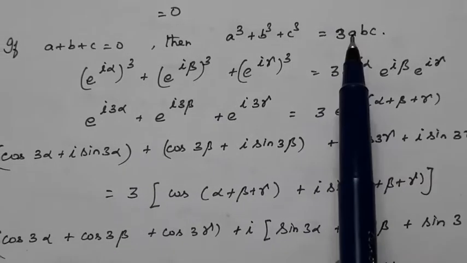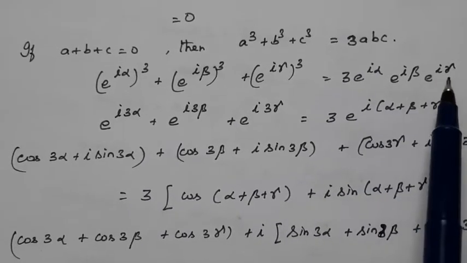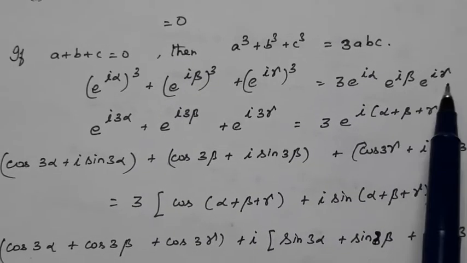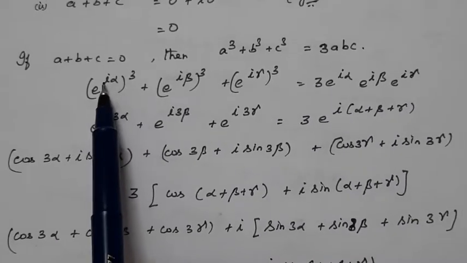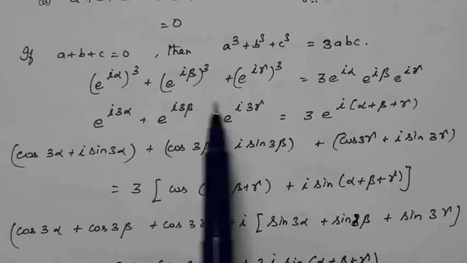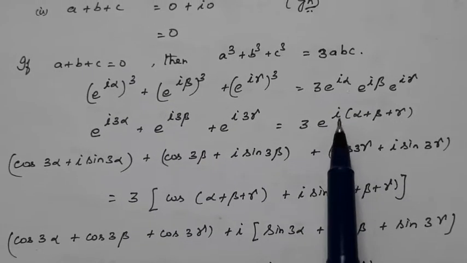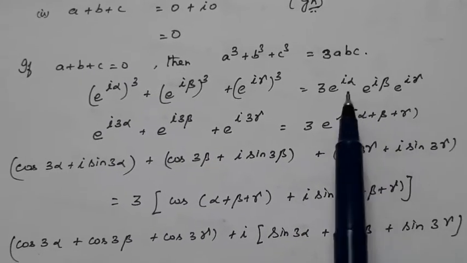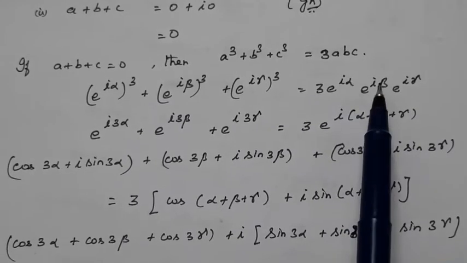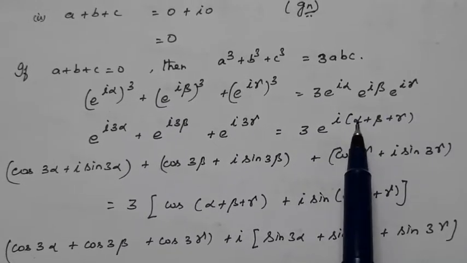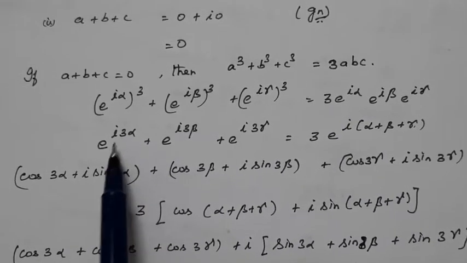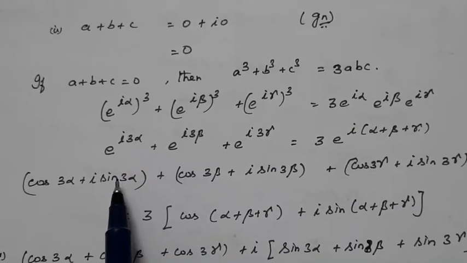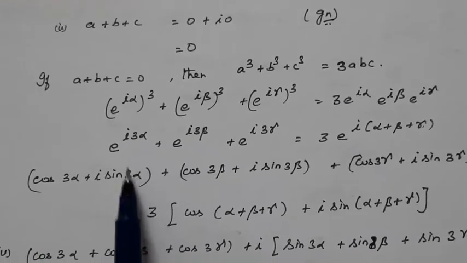Here, substituting a as e power i alpha, b as e power i beta and c as e power i gamma respectively. Now, taking the power of a power means it is easy to multiply: e power i 3 alpha, i into 3 beta plus i into 3 gamma, plus 3 into the product, where we multiply, that is add the powers. So, e power i alpha plus i beta plus i gamma, taking i outside, alpha plus beta plus gamma. Now, after taking the powers, again we can replace it in the original form.